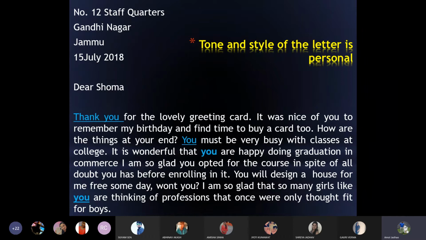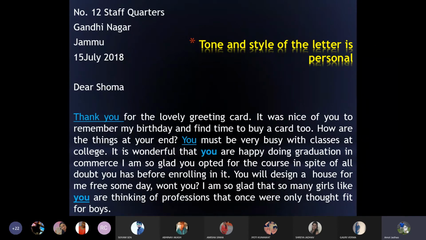Now, while writing the date, you should leave a blank line separating two different entries. What are the two different entries? Number one, the sender's address, and number two, the date. Though you don't find a blank space left here, you will have to consider that there should be a blank line left while writing the date in the next line.